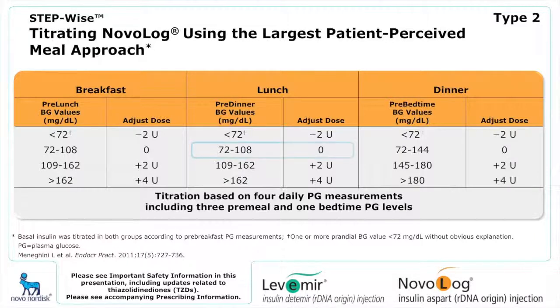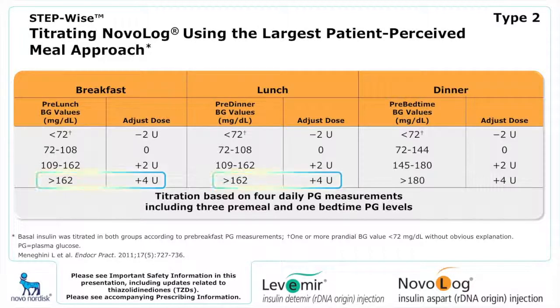In this trial, glycemic targets were 72 to 108 milligrams per deciliter for pre-meal plasma glucose and 72 to 144 milligrams per deciliter for bedtime plasma glucose. For patients outside these target ranges, recommended dosage adjustments were -2 units when plasma glucose was under 72 milligrams per deciliter before lunch or dinner or at bedtime, +2 units when it was greater than 109 to 162 milligrams per deciliter before lunch or dinner, or greater than 145 to 180 milligrams per deciliter at bedtime,